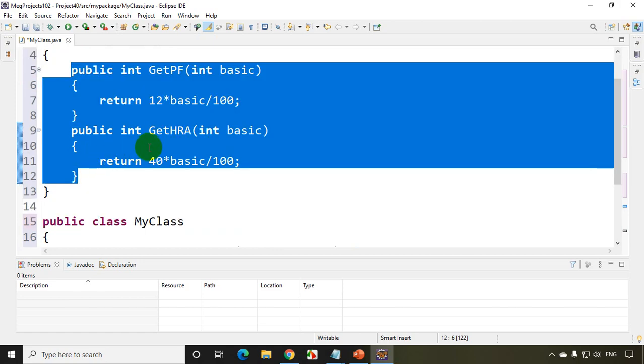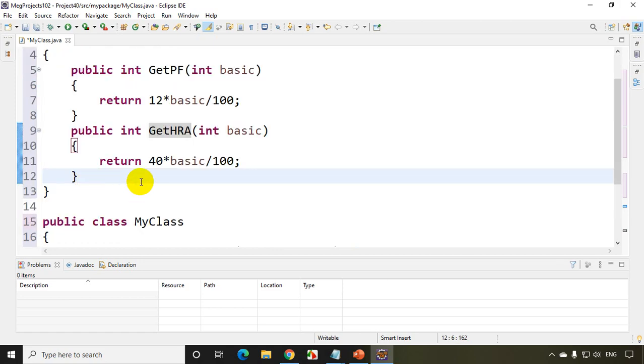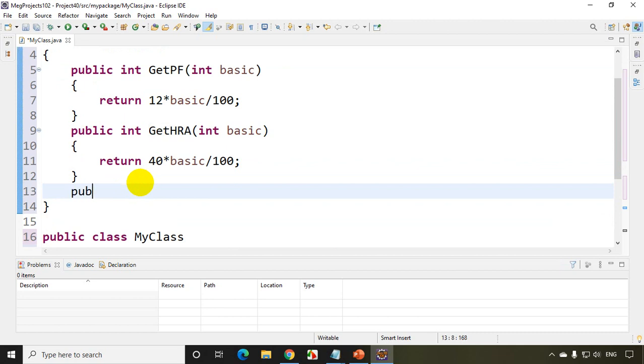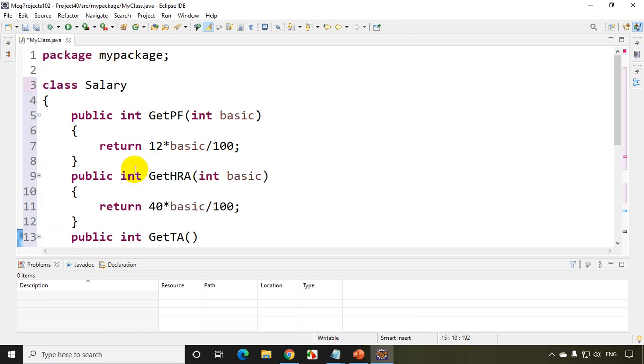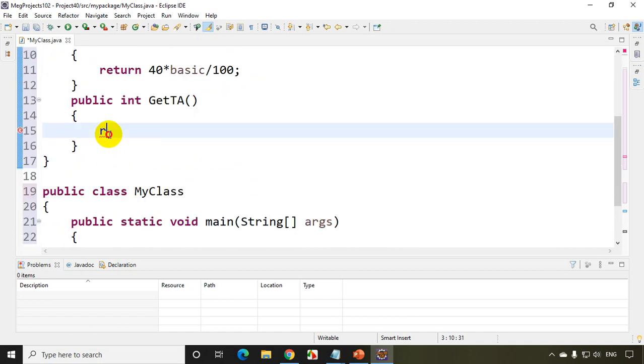Now the company that approached me, let's assume, is paying, let's take public int getTA, the third one, travel allowance. Now travel allowance doesn't depend on the basic, it all depends on the company. So let's take the company we are talking about. Let's put here class company ABC has approached me to do this software. So company ABC said, okay, we'll pay 5,000 as travel allowance. So return, everything is in rupees, let's assume